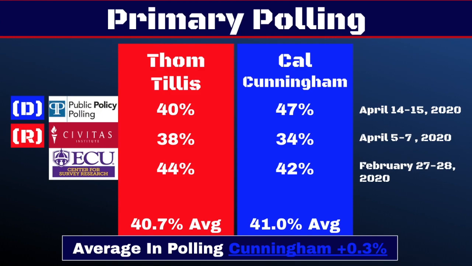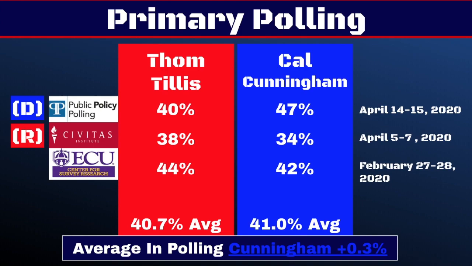And then the Civitas Harbor poll, which is a Republican-skewed poll, shows Thom Tillis leading 48% to Cal Cunningham's 34%. So it's basically kind of like the Public Policy poll and the Civitas poll almost cancel each other out. I know the polling data doesn't line up on that, but in terms of who's doing what, they kind of cancel each other out. And then this poll, back from February from Eastern Carolina University, shows Thom Tillis with a narrow lead of 44% to Cal Cunningham's 42%. And that poll does not have a bias listed on the polling data.